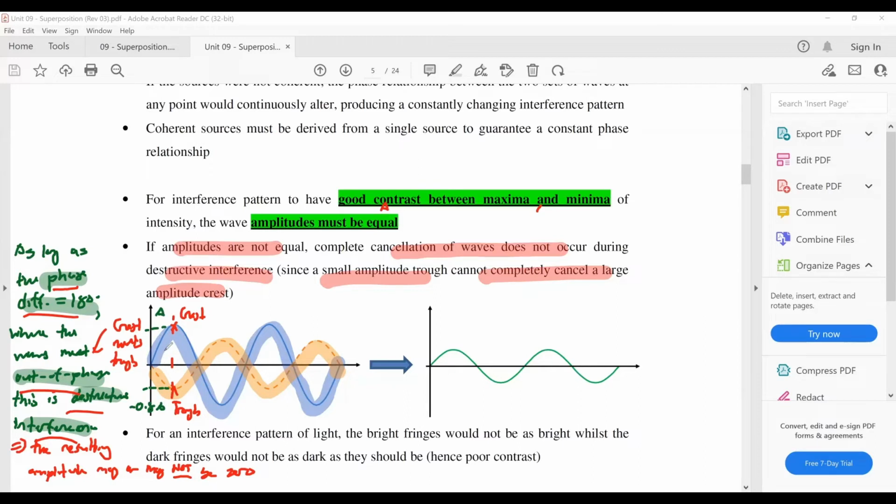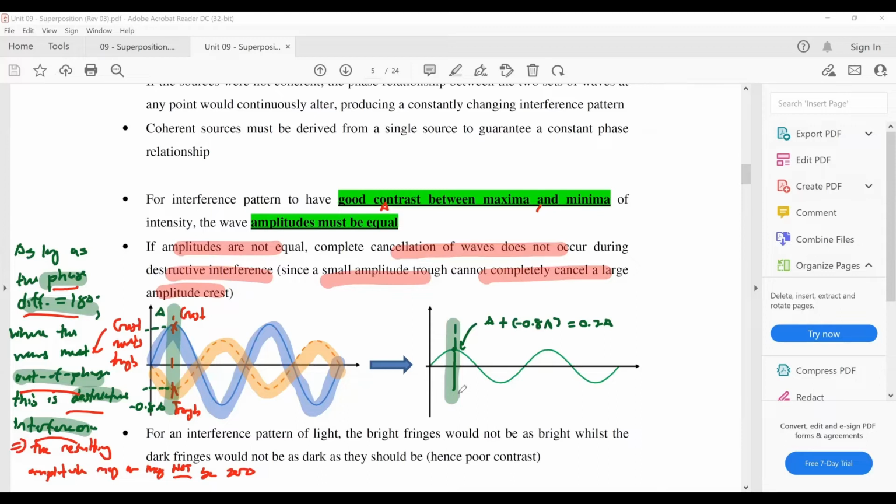So if I want to find the new resultant displacement for the new wave shown on the right, this one would be A plus negative 0.8 A, giving me 0.2 A. That is this point shown here. So this is still considered to be destructive interference. The resulting amplitude is not 0, but it does not mean that it's not destructive. It is still destructive, because what really defines something as destructive is crest meets trough, or phase difference is